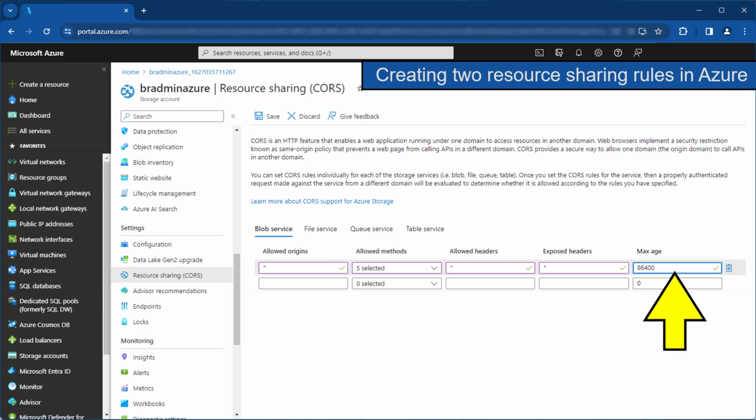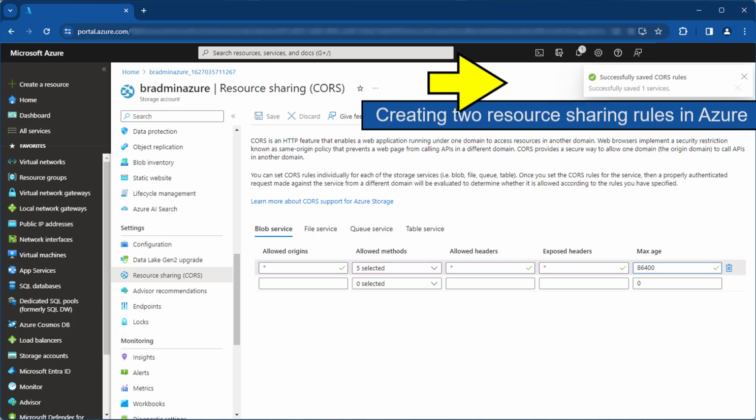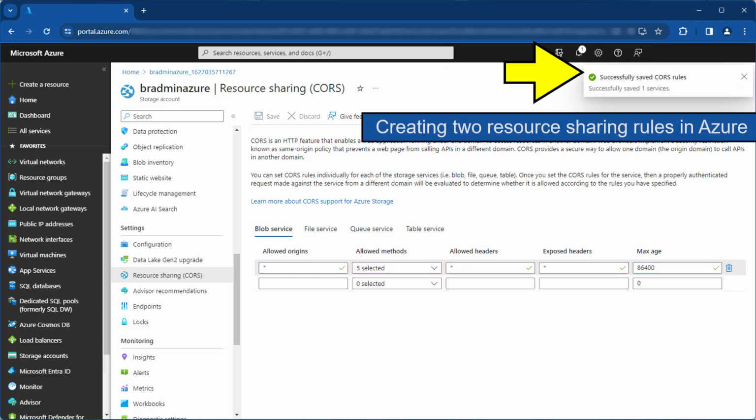In the Max Age box, type the number 86400. This is a day, but expressed in seconds. When you have done this, click the Save button. After a few seconds, if not immediately, you should see this or a similar message.